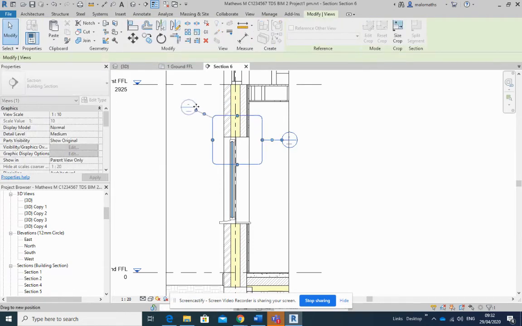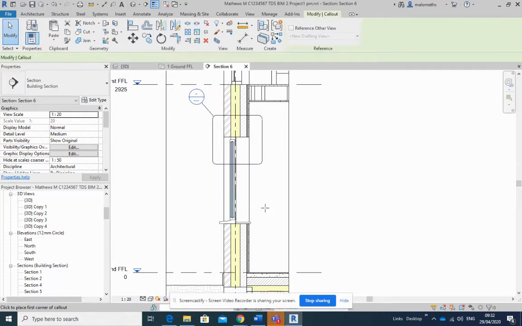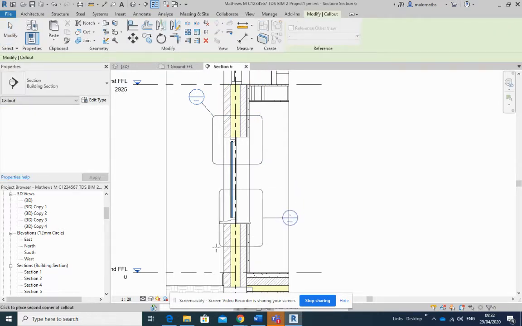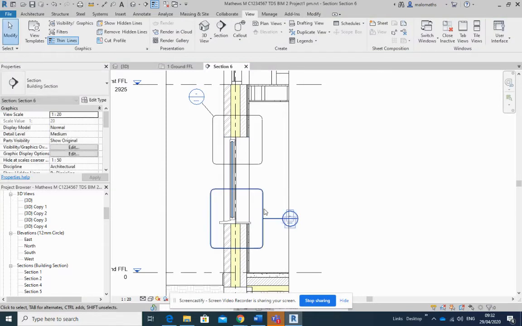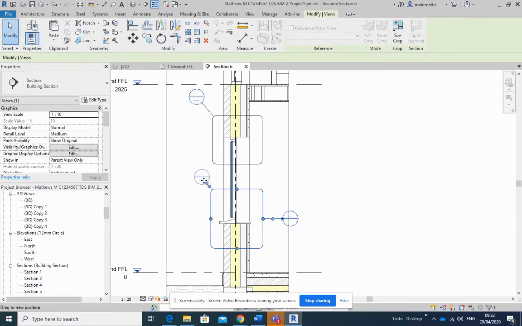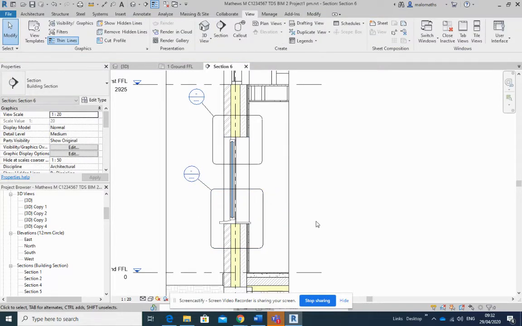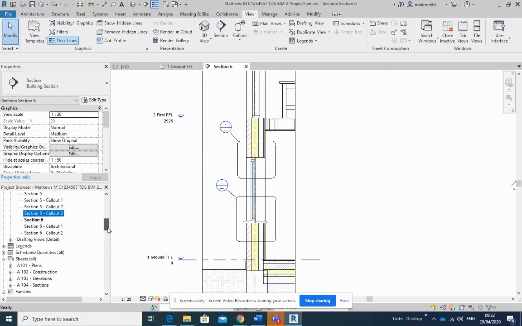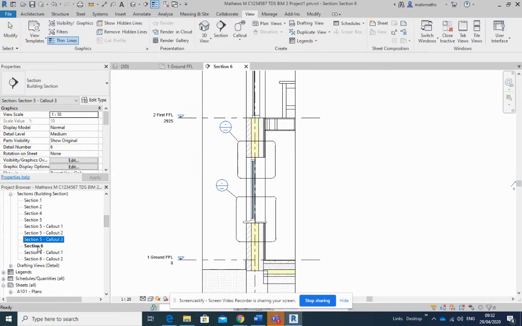Okay, and I'm going to bring the tag in across there. And I will do a second one down here. Try and get these lined up, something like that. And I'll bring the section head out there as well. Now, over in my project browser, you'll see here's section 6 that we created, and here's call out 1 and call out 2. So I'm going to select that and rename it, and I'm going to call this